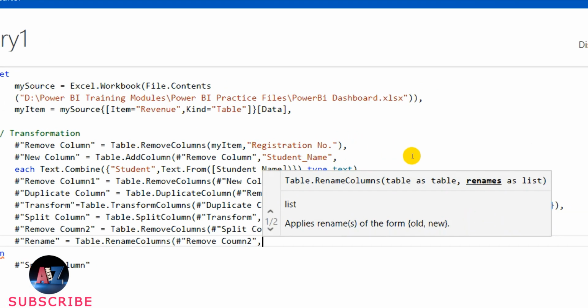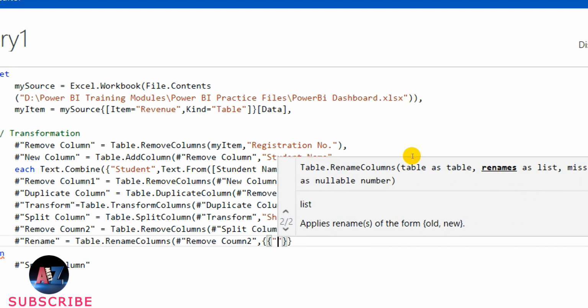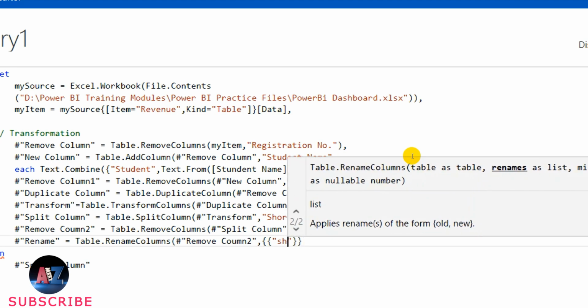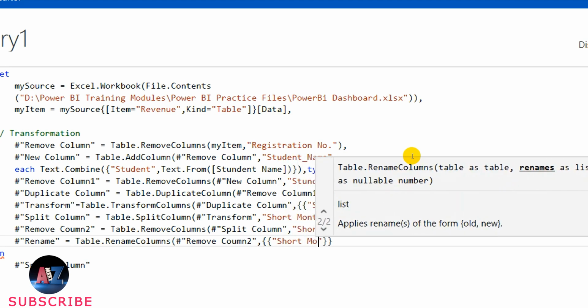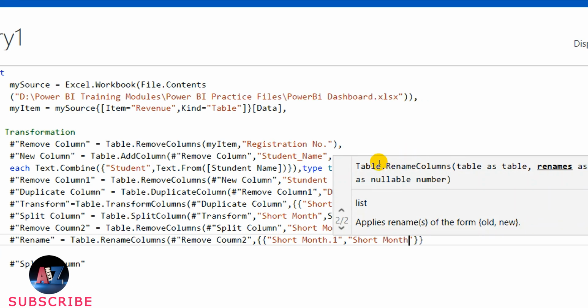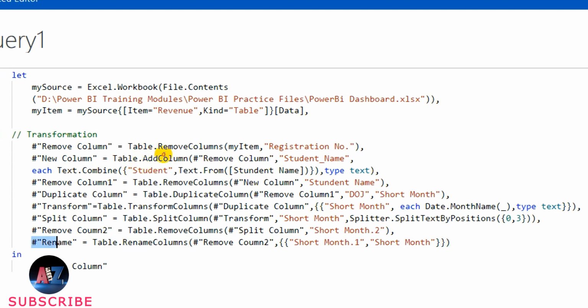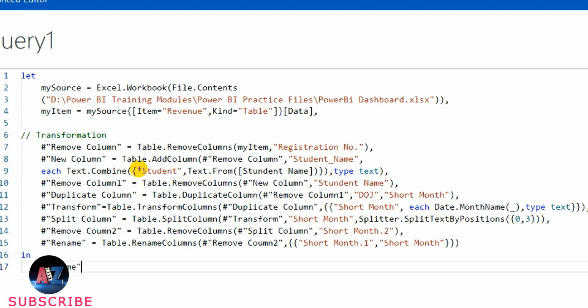So open the square bracket, there the name of the column is short month.1, which has to be changed as short month, and I need to close the bracket. So now the last step will be this rename. So copy this and paste it.